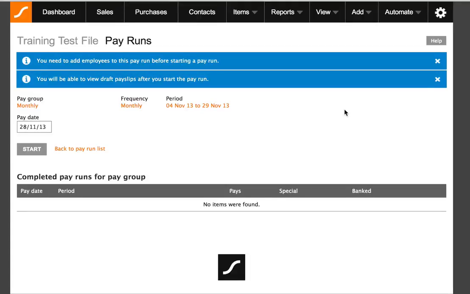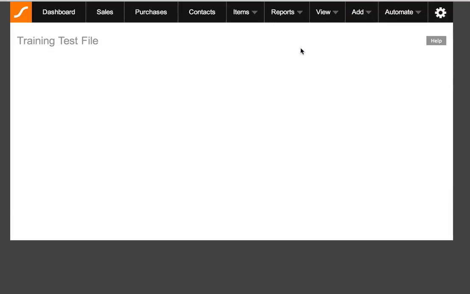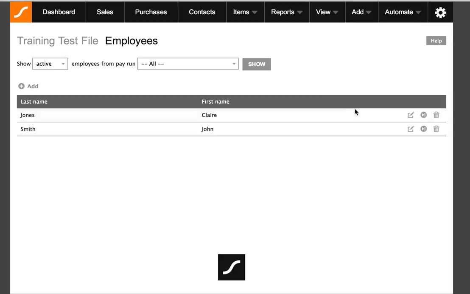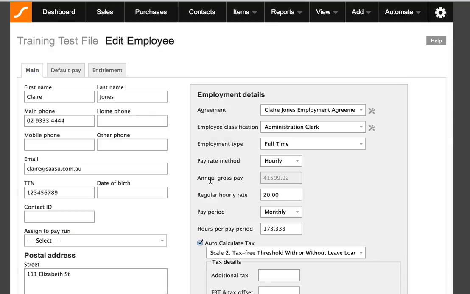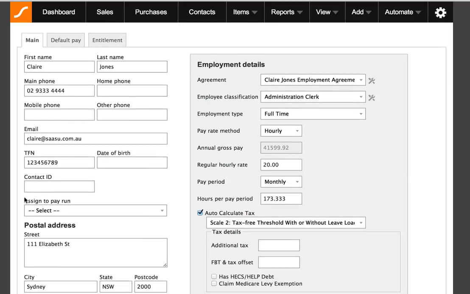How to add employees to a pay run. Firstly, bring up your employees list via View Employees from the Menus tab. Then bring up the employee by clicking on the Edit button. And where it says Assign to Pay Run, you will see our monthly pay run that we've just created now